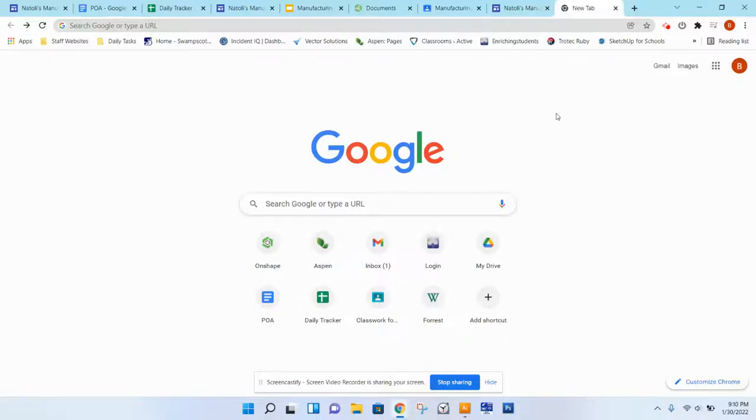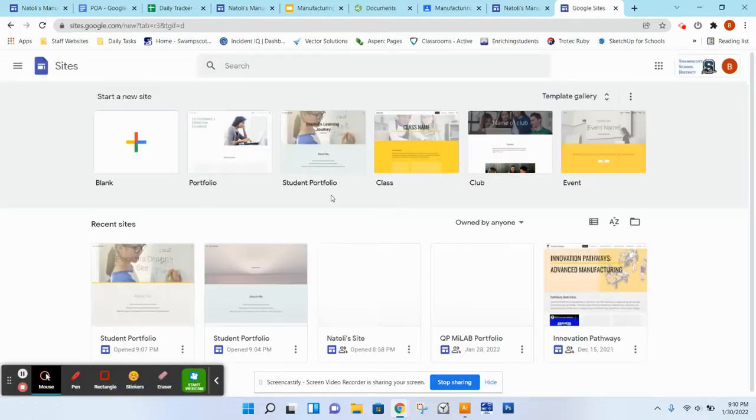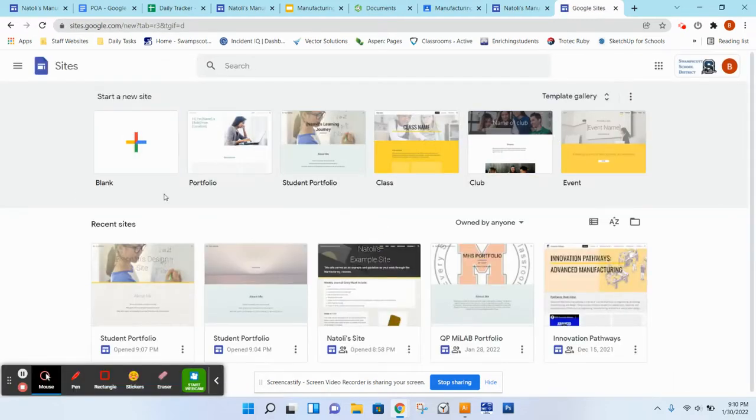Okay, so to create a site, it's fairly simple. You're going to want to go to the Google Apps, the waffle up here if you're on the Google main screen. Click the waffle to open the apps, and you'll find Google Sites, the icon right here. When you click this, you'll have a bunch of templates you can choose from. I suggest clicking a blank template. It tends to be the easiest and most straightforward way to do this. So click blank,